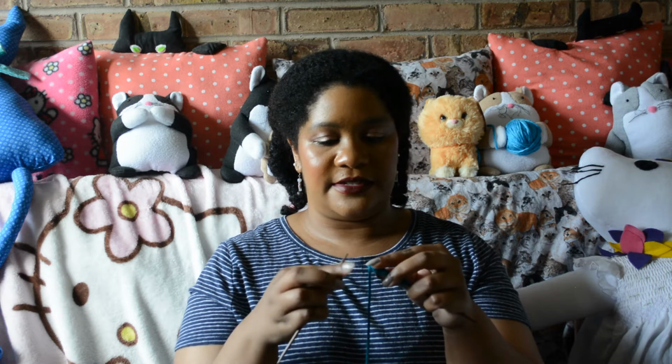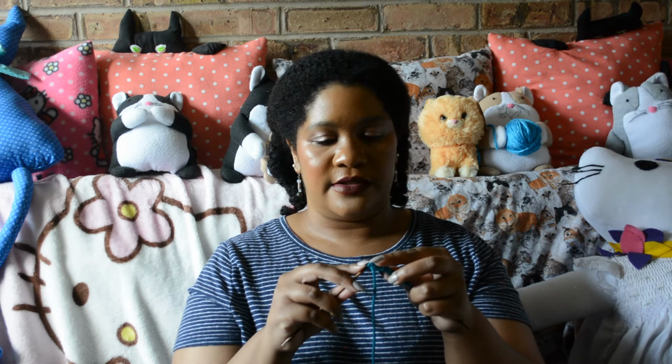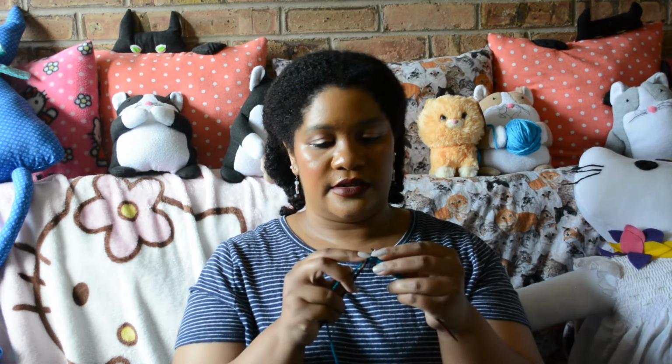Alright, so I slipped the first stitch, and now I'm going to slip the first stitch, and that was knit 1, so this is knit row 2,